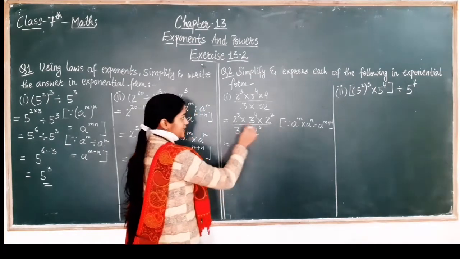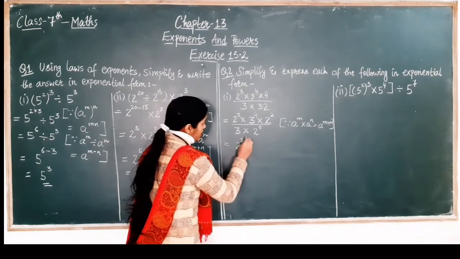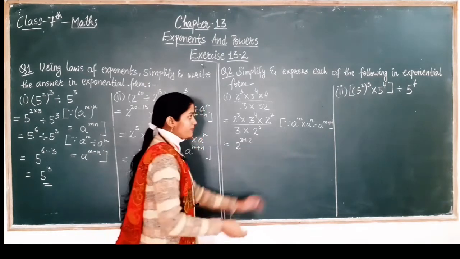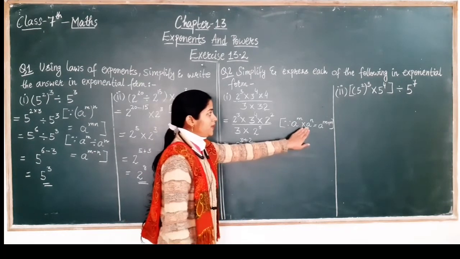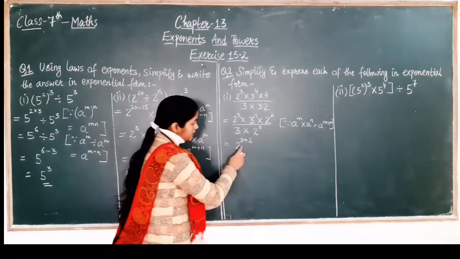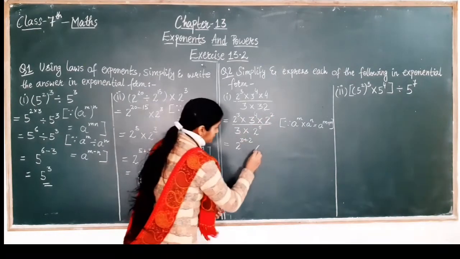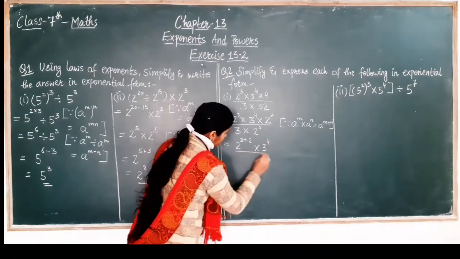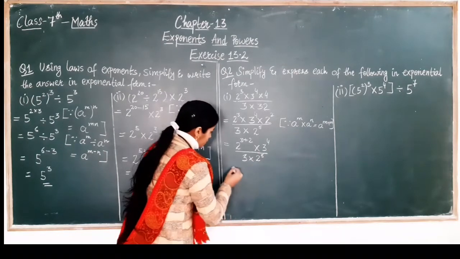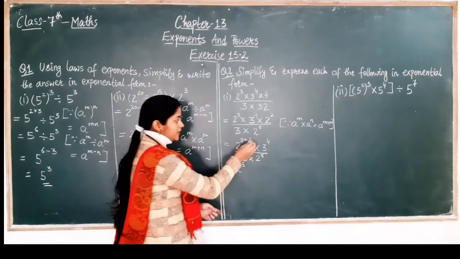So we can see that here two bases are the same, that is 2 raised to the power 3 and 2 raised to the power 2. So by using this formula, a raised to the power m multiplied by a raised to the power n is equal to a raised to the power m plus n. The same thing we have done here, that is 2 raised to the power 3 and 2 raised to the power 2. So we are adding up the powers and we are left with this equation. Okay. So if we add 3 plus 2, we'll get 5.